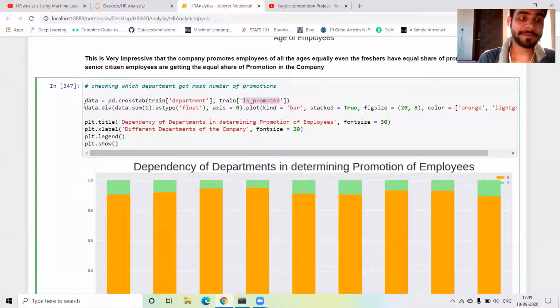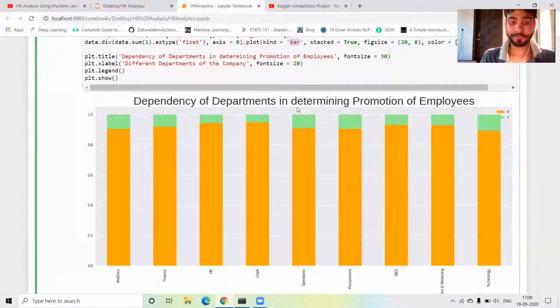Same parameters I define and I plot a bar plot, guys. Okay, so this is our bar plot. In operational and analysis, if you are in these two, and technology, the analysis part, operational part and the technology part, your chances of being promoted are high.